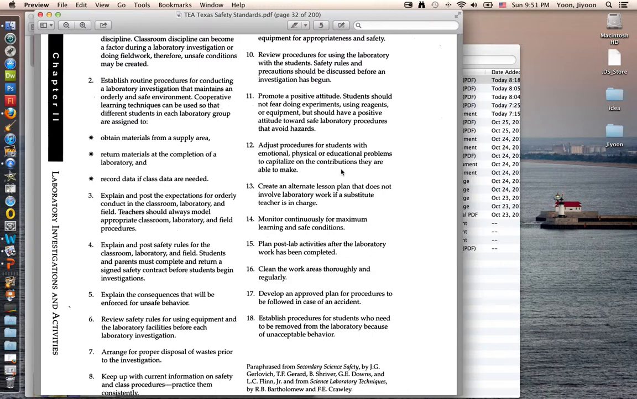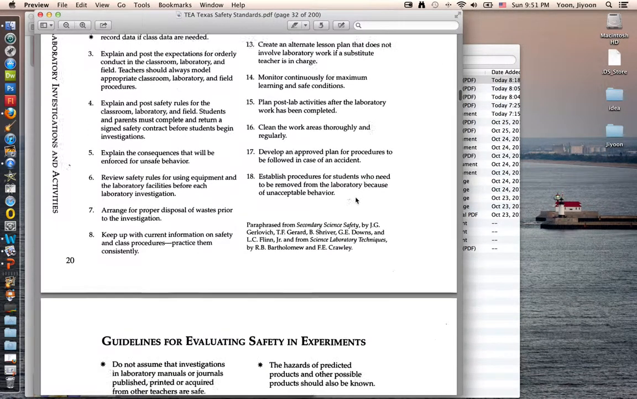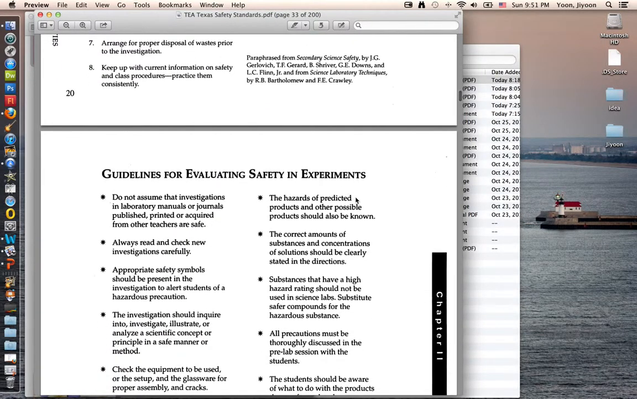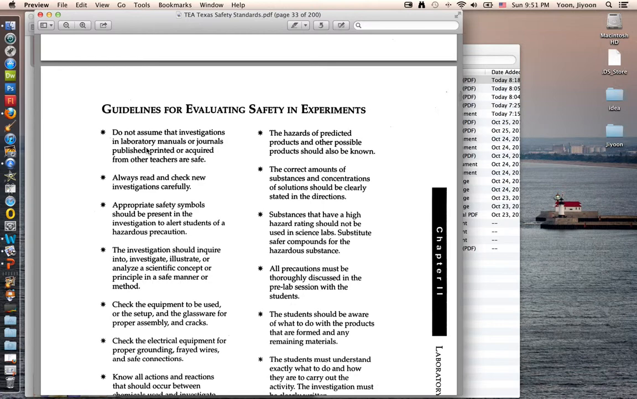So before you start, make it and share those rules with your students. So when you read through this, there are some management methods you can find, especially when you do lab experiments. And the guideline for evaluating safety in experiment. Do not assume investigation in a lab manual or journal published, printed, or acquired from other teachers